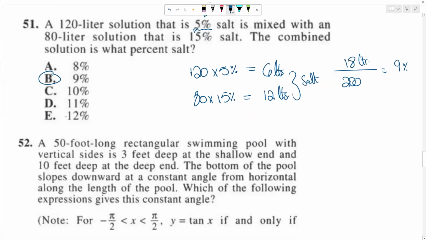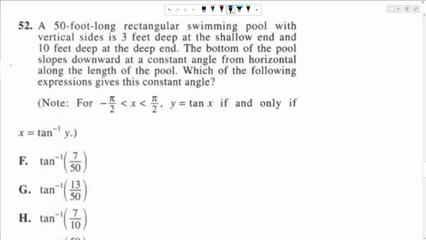A 50-foot long rectangular swimming pool, it's 50 feet long, with vertical sides that is 3 feet deep at the shallow end and 10 feet deep at the deep end. So basically one side has 3 feet, but the other side has 10 feet. You're saying the bottom of the pool slopes downwards at a constant angle from the horizontal along the length of the pool. So basically if this is the ground,